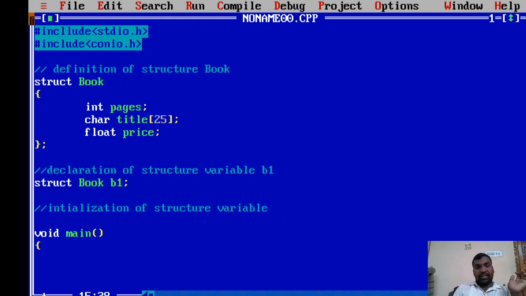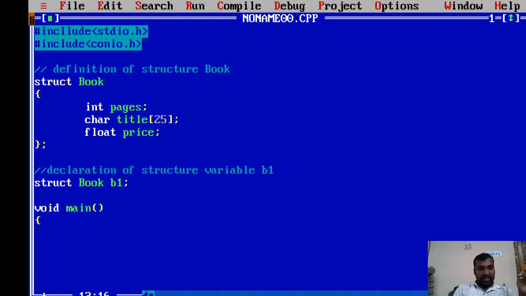Okay, so let us first initialize the structure variable at the time of declaration. For that purpose, first of all I need to write the number of pages, so 100 pages are there, and then I am typing the title, for example, welcome to C. Then price, for example, 250 rupees.